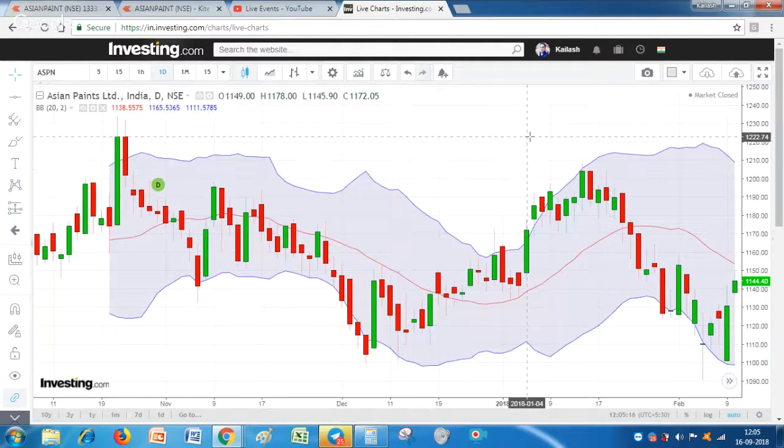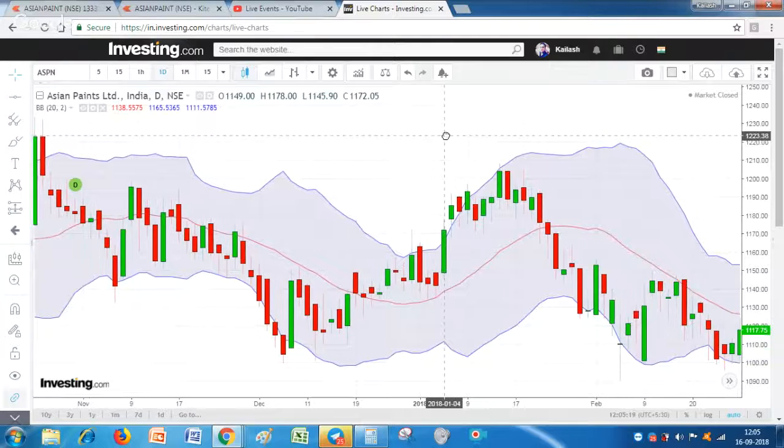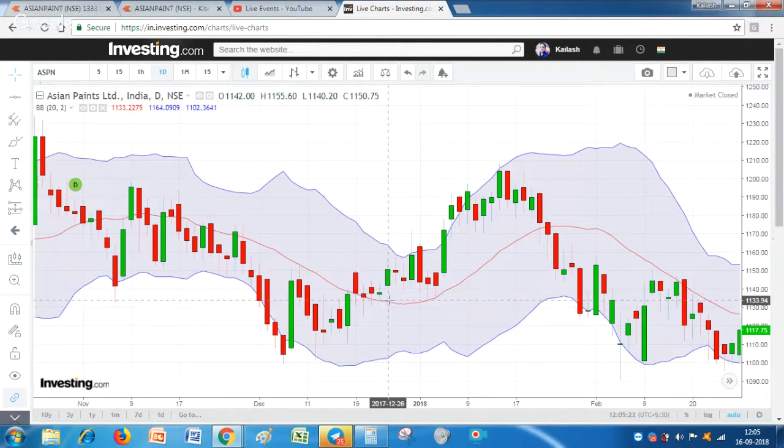So look at this chart actually. Look at this level, friends. I have told you that when a stock has gone above this median line, we can take a buy entry. See, the stock was once in this fall. One stock was falling. It has come to the median line. Look at these candles, 1, 2, 3, 4 candles are there. So this is our buy entry, friends. At this level, above this candle high, we can take a buy entry.